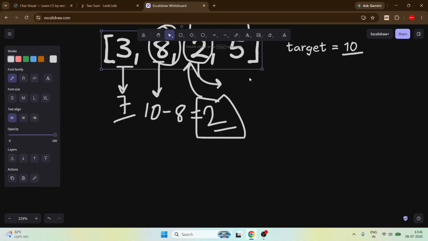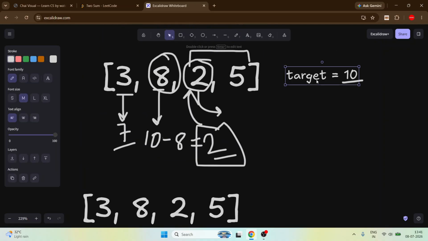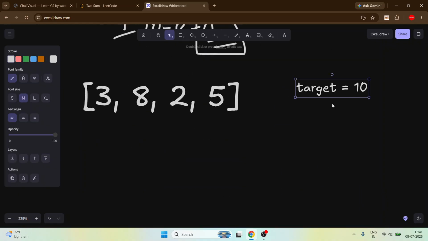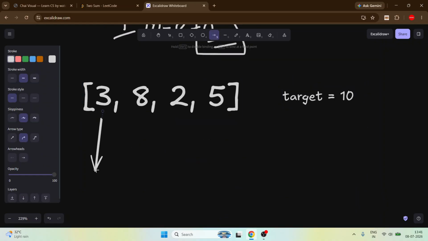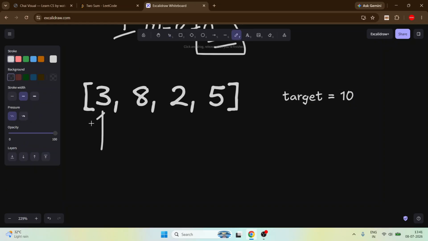Even we can think of it like this also. This is 3. How much do we need? We need 7. Does 7 exist on the left side of 3?